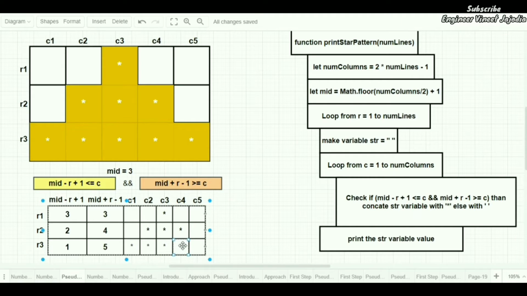1 is less than 4, it is. 5 is greater than 4, it is, put an asterisk here. 1 is less than 5 and 5 is equal to 5, it is, put an asterisk here. Now you can see the pattern above is equal to this pattern which we have calculated. So this is the condition for putting an asterisk in the cell and when we are going to leave the